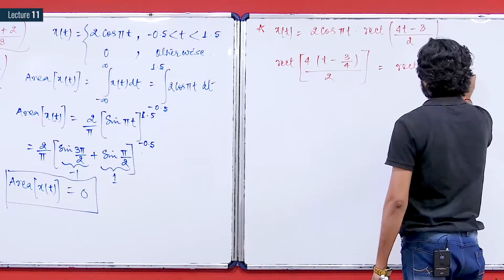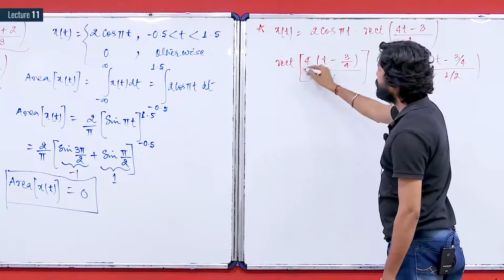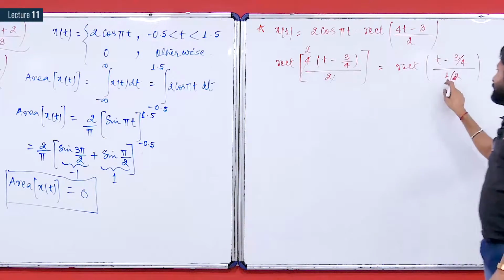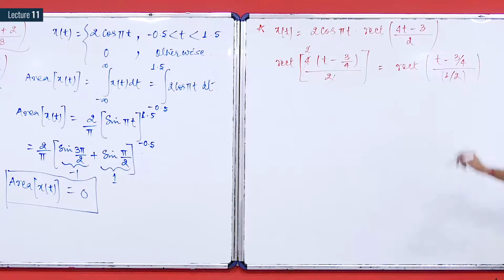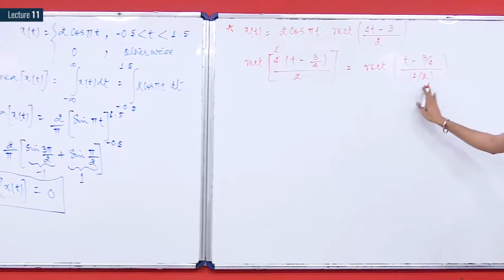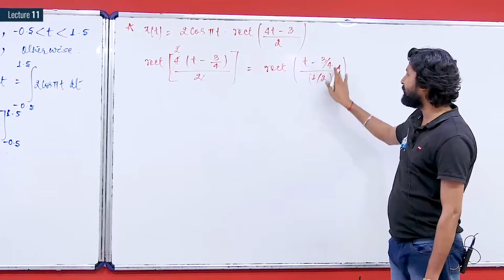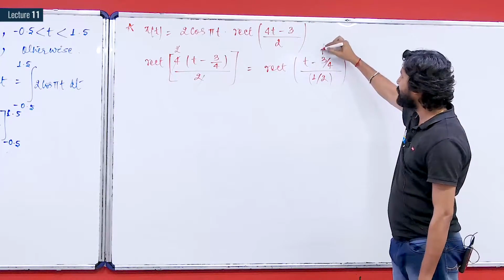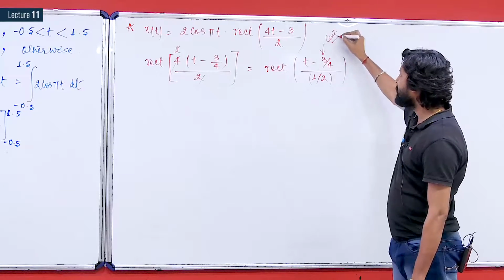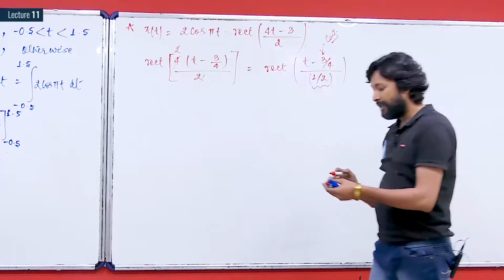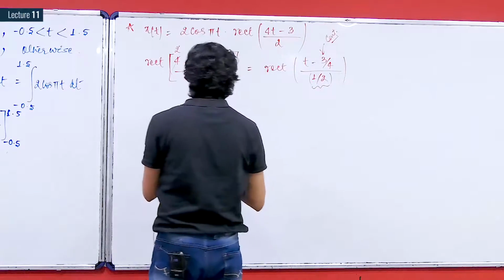divided by 1 by 2. If you get 2 in the numerator, then you can write it as 1 by 2 in the denominator. Now you can compare this representation with a rectangle of t minus center upon tau, where the center value is the center of the rectangle and tau is the total width. It means now this rectangle is centered